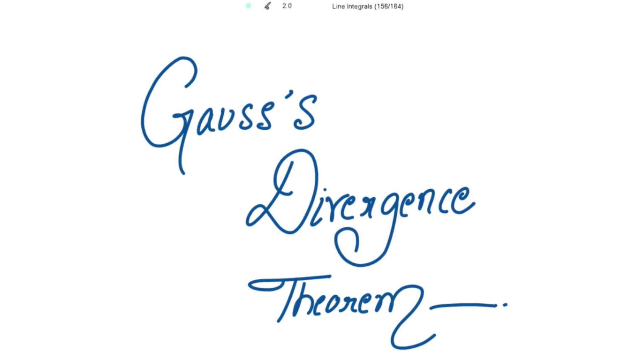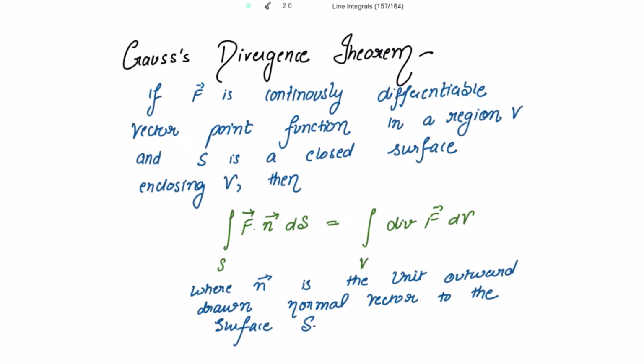Very important theorem, that is Gauss's Divergence Theorem, which states: if F vector is a continuously differentiable vector point function. Continuously differentiable means the function itself is continuous and also its derivative exists. So if F vector is a continuously differentiable vector point function in a region V and S is a closed surface